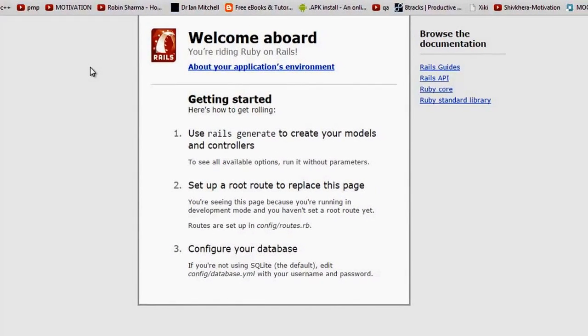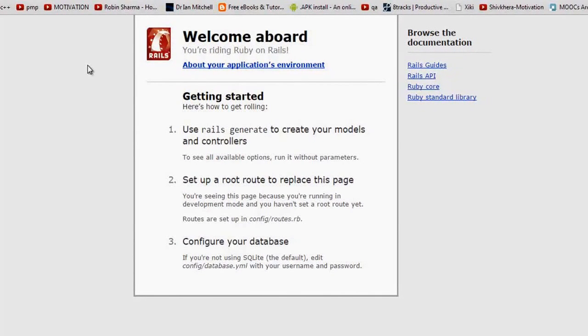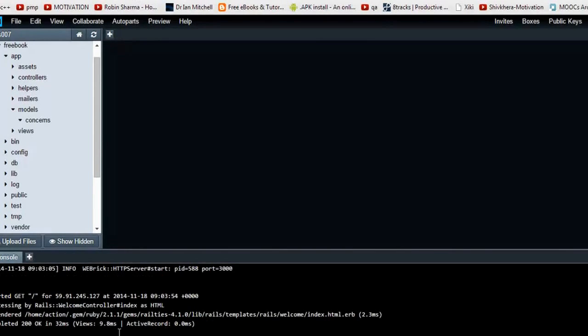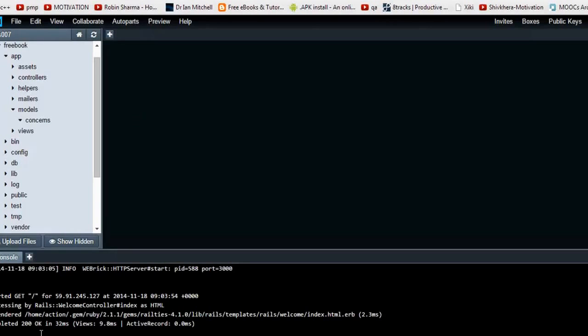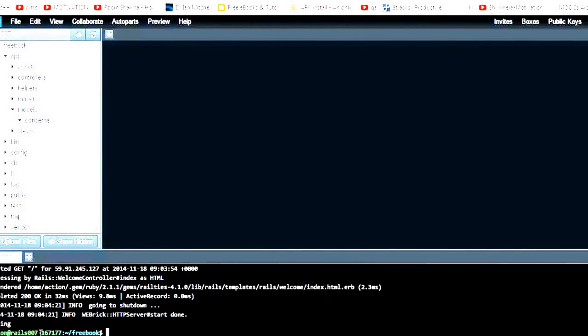So as you can see, our Ruby on Rails server is now running. You can also see the HTTP status 200 OK, which means the server is running properly. Now to close the server, press Control C and the server is now closed. Now I'm going to create